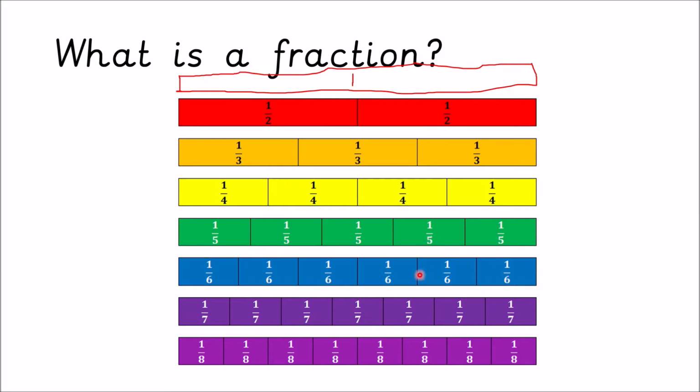Divide it into 6 pieces and you get 6ths. Divide your whole into 7 pieces and you get 7ths. Divide your whole into 8 pieces and you get 8ths. And what's useful about a fraction wall is that you can see that some of the fractions are actually the